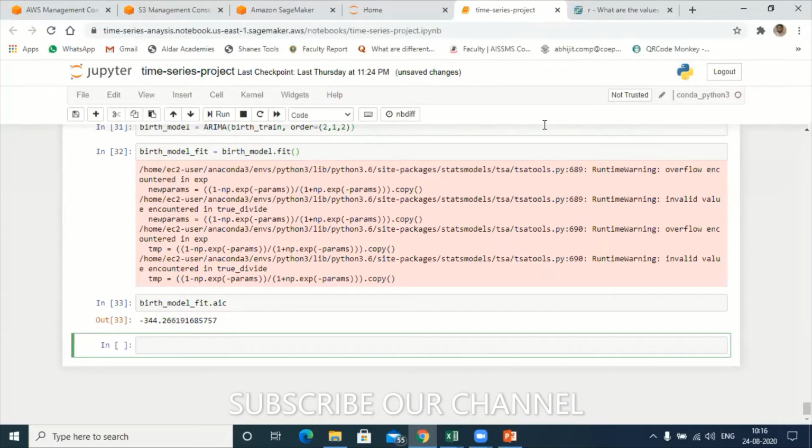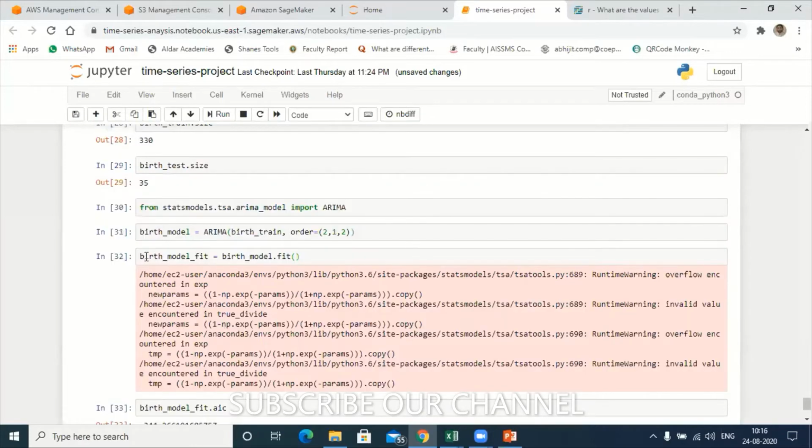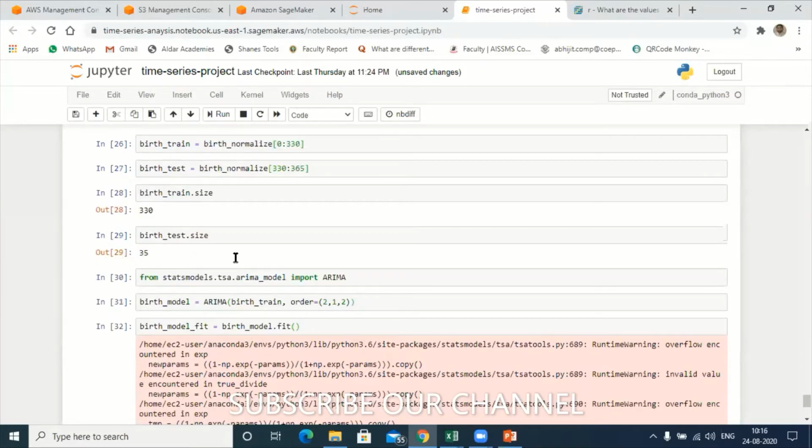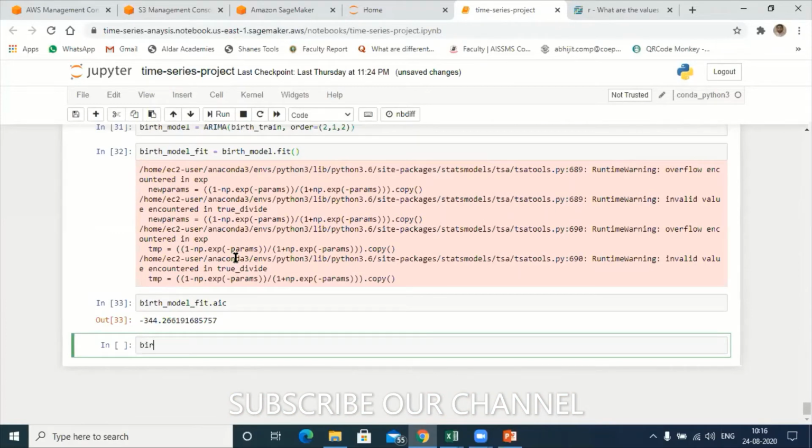Fine. So next, let's try to forecast. Whatever model I have built here, I'm going to use this model to test the test data, which is nothing but the 35 records. To do that, I will create one variable, birth_forecast, equal to birth_model_fit.forecast.